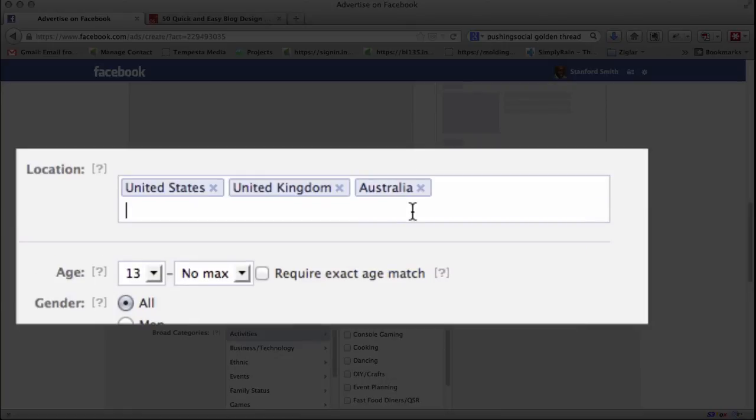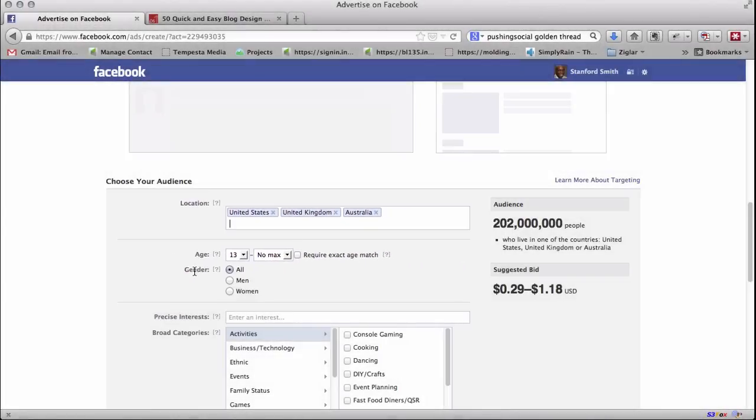So I want to make sure I put those three locations there. Now, I'm going to be eventually selling a product that I think people will want to buy. And it's not going to be $1. It's going to be something that's probably a $600 product at a later point. I want to keep that in mind because I don't want my ad to be wasted on people who can't